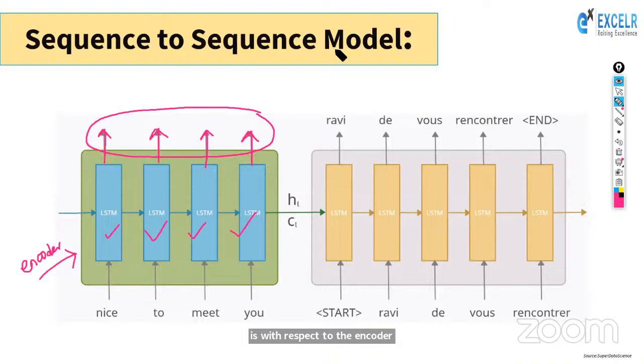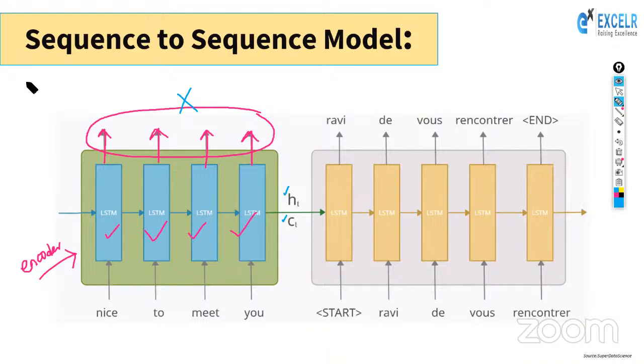In case of a sequence to sequence model, we discard all of these outputs, right? We will discard all of these individual outputs which are being generated by these LSTM models, and whatever output is being generated based upon the cell state and hidden state. So I'm sure now you guys understand what the cell state and hidden state are with respect to the LSTM,